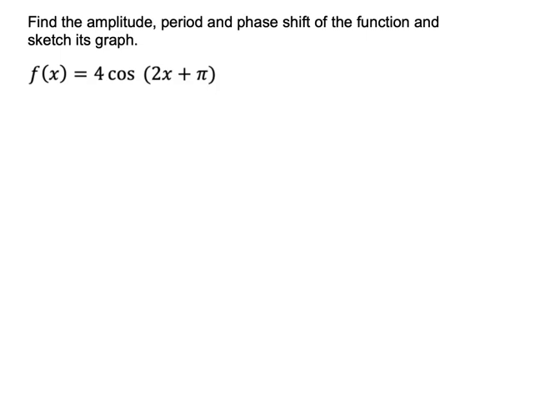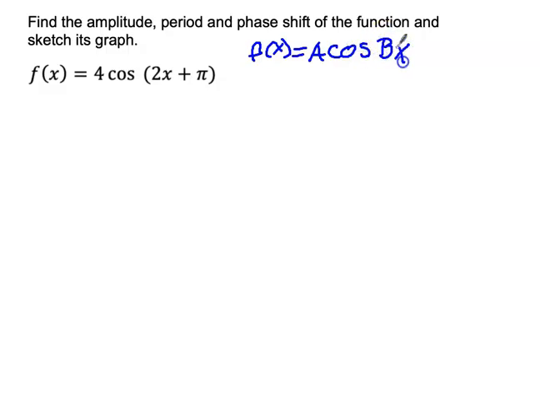In this video, we are going to graph the function f of x equals 4 cosine 2x plus pi. But first we're going to find the amplitude, period, and phase shift of the function, and then we're gonna sketch the graph. So I would like to mention that the function is basically in the form of a cosine